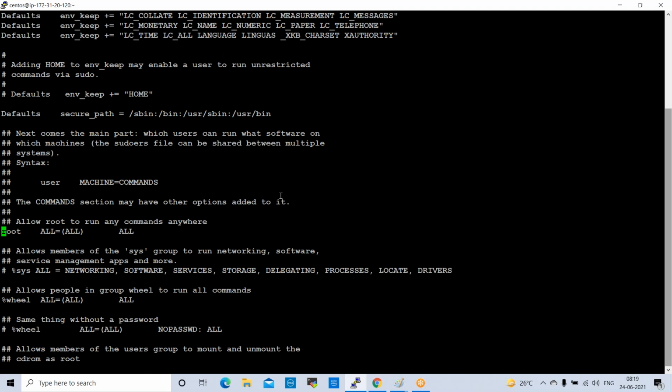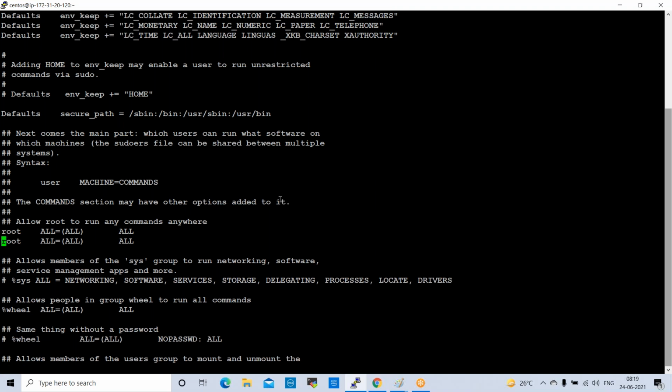To add the user, yy and paste, insert mode, remove this, give the username, escape, save and quit, right? Normally whatever permissions are there for root, those permissions we can apply to the user, right?